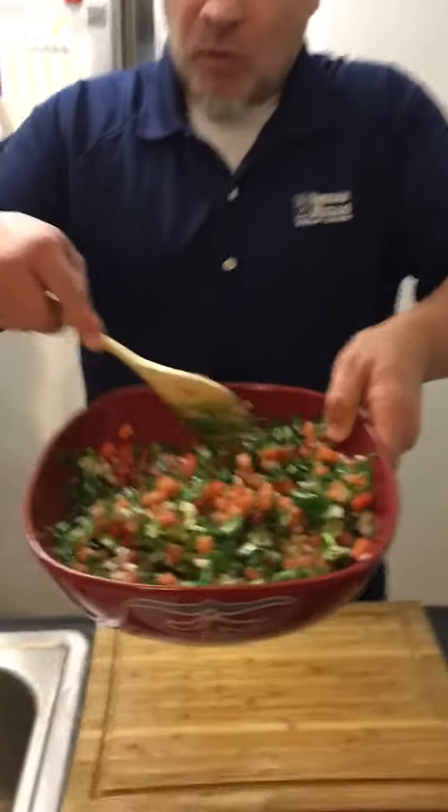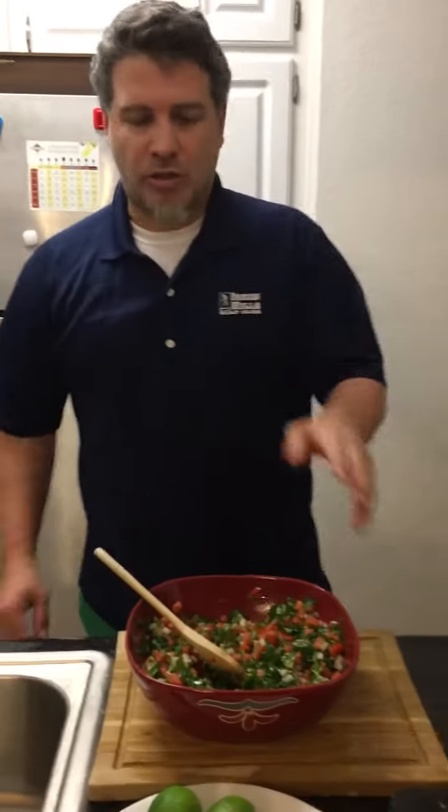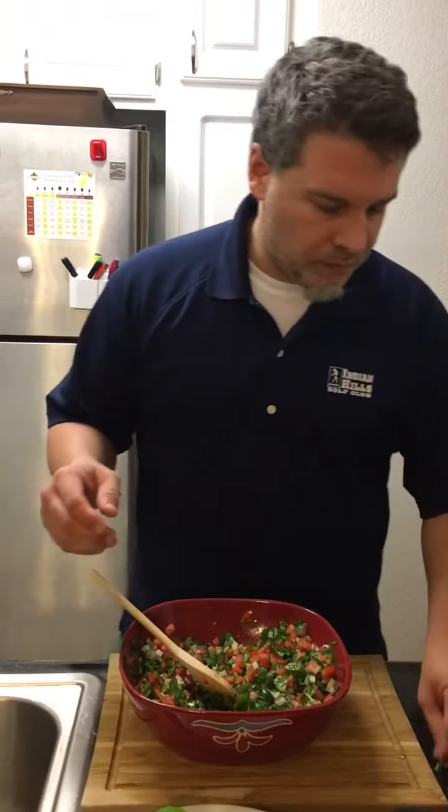Look at that. Look at that view. Okay, now, as of right now, there's no flavor. It's just the tomato, onions, and cilantro. Other than that, there's nothing. Now, the key part,